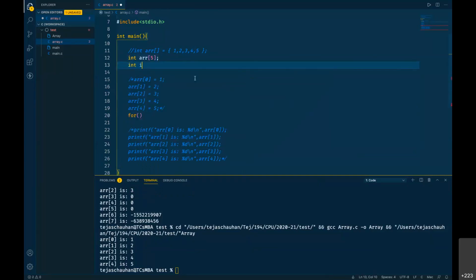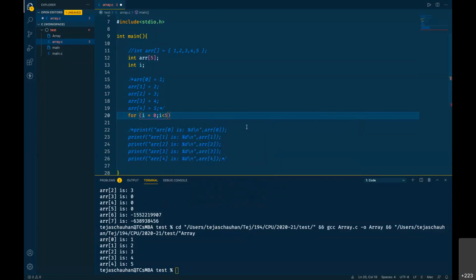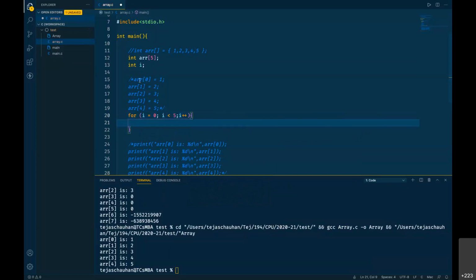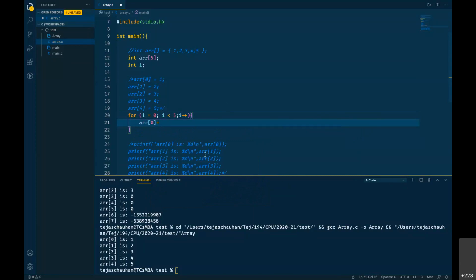If I'm using a loop, then I need a loop control variable. So let us declare integer I. I is just a loop control variable, so we can make use of that variable here. We say I equals 0, I less than 5, and I plus plus. And inside this one, if I want to assign these values, I can have only one statement: ARR of 0 equals 0.